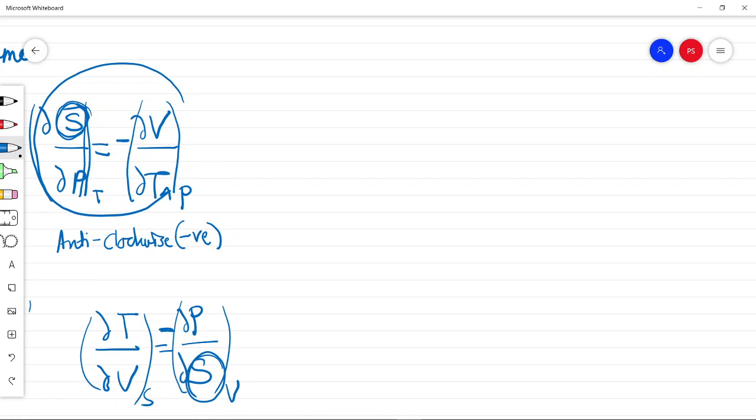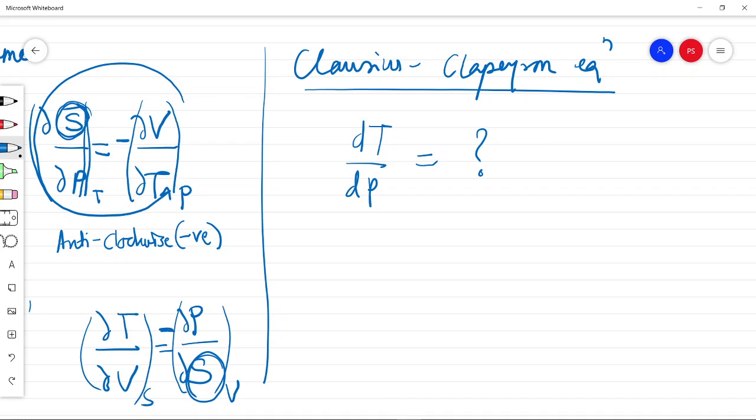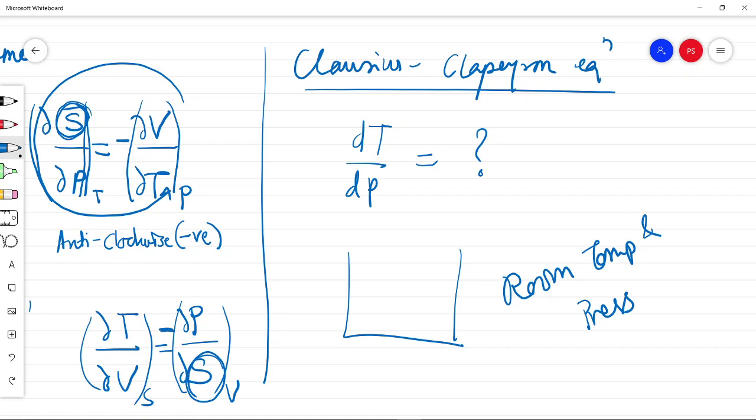Now let us try to derive an important relation called the Clausius Clapeyron equation. Basically, this equation explains how the temperature corresponding to a phase change changes with respect to a change in pressure. That is, suppose at room temperature and pressure, which are the standard values of 1 atmosphere and 27 degrees Celsius,